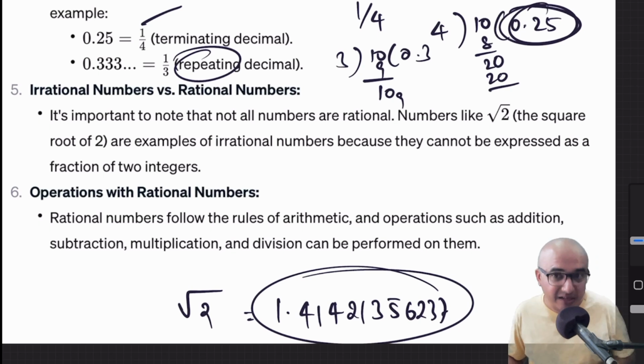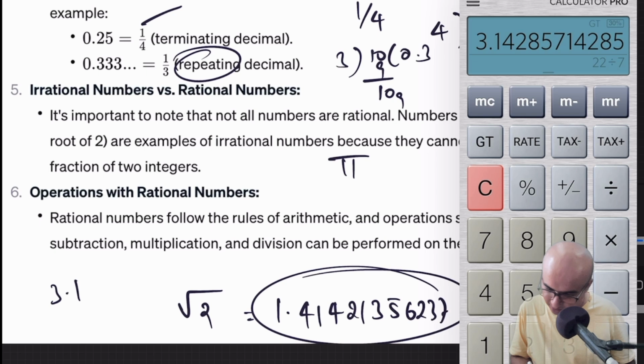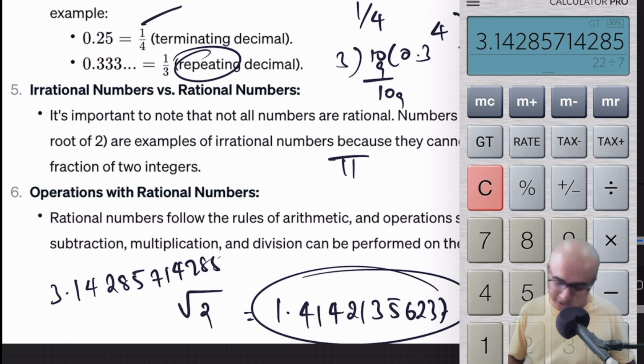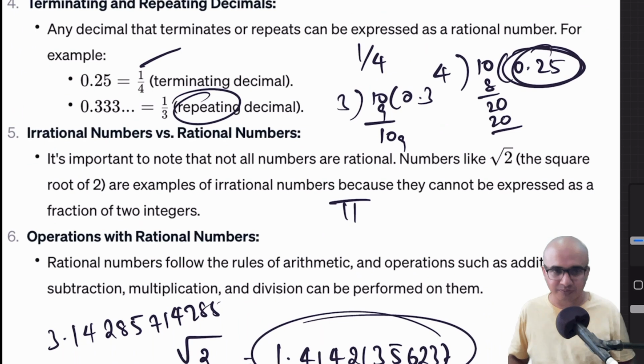The calculator doesn't have so much space, but can you see if there is a pattern here? Is it repeating? Of course not. Is it terminating? Of course not. So this is referred to as an irrational number. Or you can even think of pi, that is 22 by 7, 22 divided by 7. This will go on and on. For example, 3.14285714285. It will just not repeat, not terminate. So that is referred to as an irrational number.